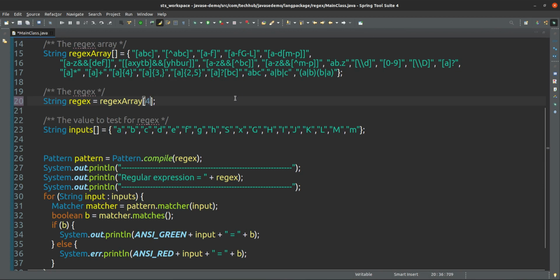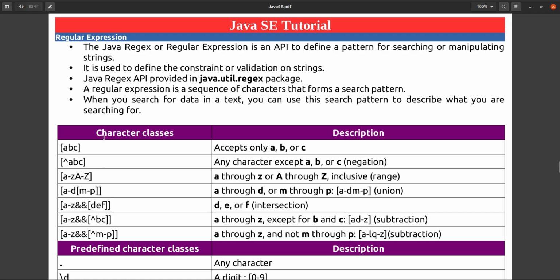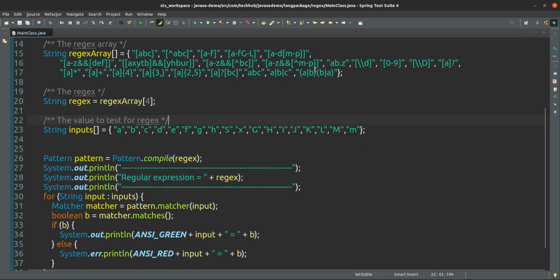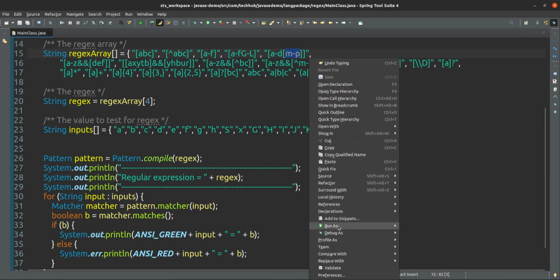What it says is, either you can give a to d or you can give m to p, any. You cannot give both, only one character, because we are checking the character class. Only one character you can check. So for one character, either you can give a to d or you can give m to p, you can give any of them.